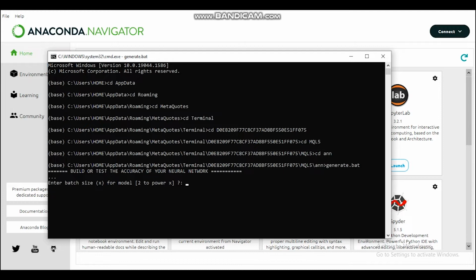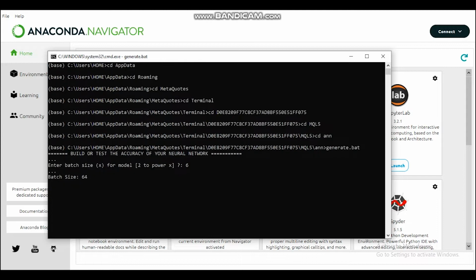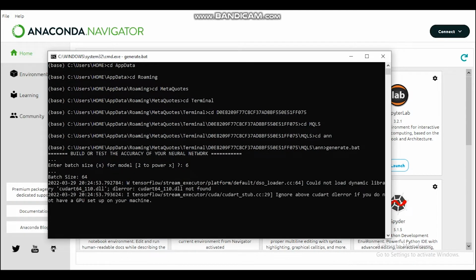So let's say we specify 2 to the power of 6 for our batch size. For now it just takes in the batch size, everything else is hard coded. But yeah, it's just to show you what happens. It then takes the batch size, passes it into the Python file, and this takes quite some time, so I'm not going to wait for it to finish. But essentially it will then begin to